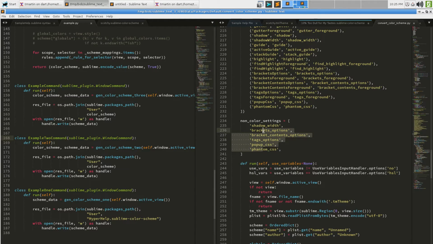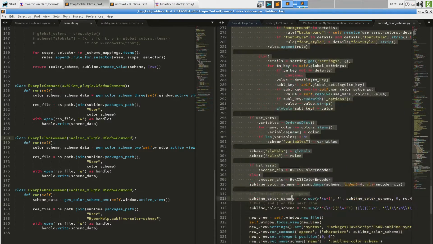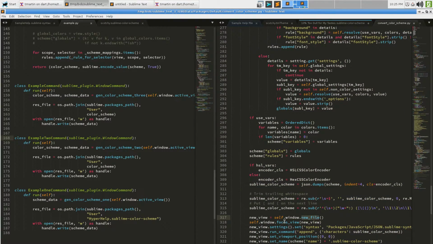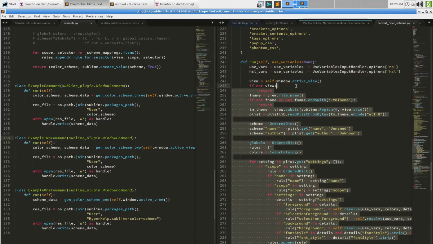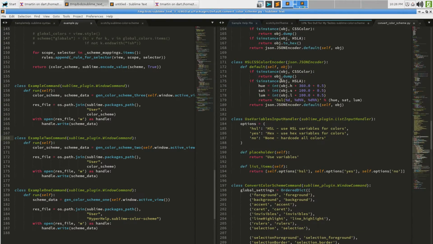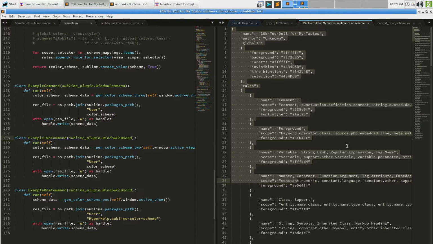And the settings that are non-color settings are something different. And all this code here is responsible for creating a new view, focusing it, setting it to the JSON syntax, appending the Sublime color scheme code, which is all of this code up here generated, and then setting the name to an appropriate thing. So by extracting this part and maybe including some of that other stuff, we could, in theory, come up with a JSON version of a TM theme file.